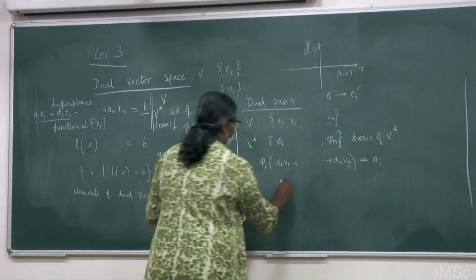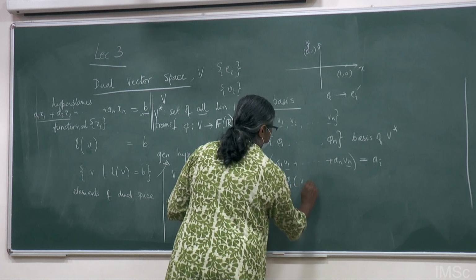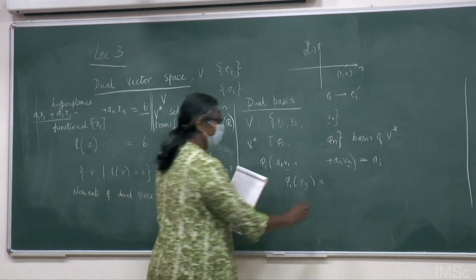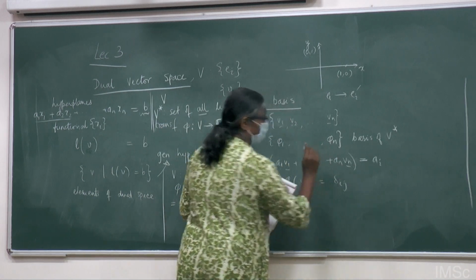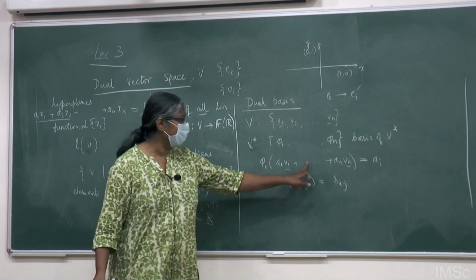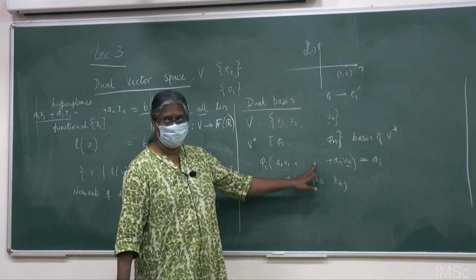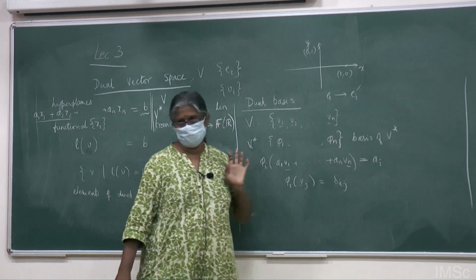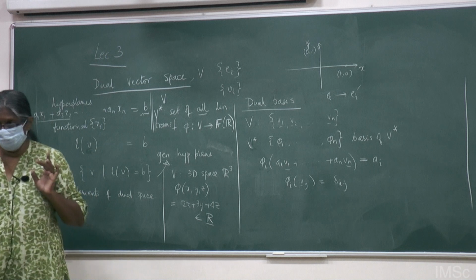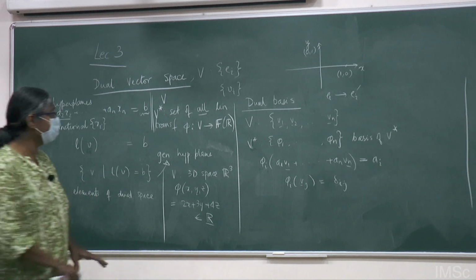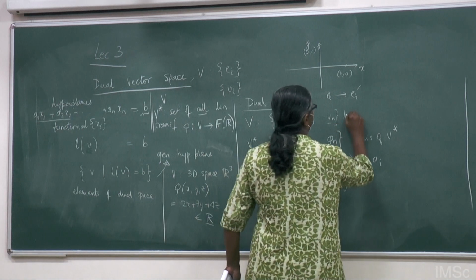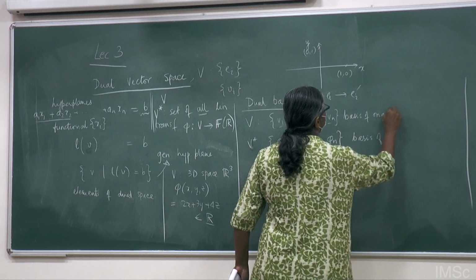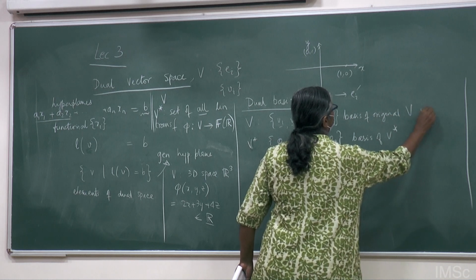To write it in other words, phi i acting on vj is delta ij, that's it. Only then will it pull out ai. Phi i acting on vj will be delta ij, so that phi i acting on vi will be 1 and it will pull out the coefficient ai. Yes, V1, V2, V3 are the basis of the original vector space V.